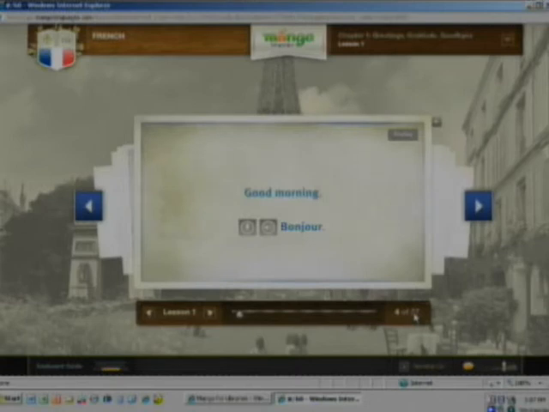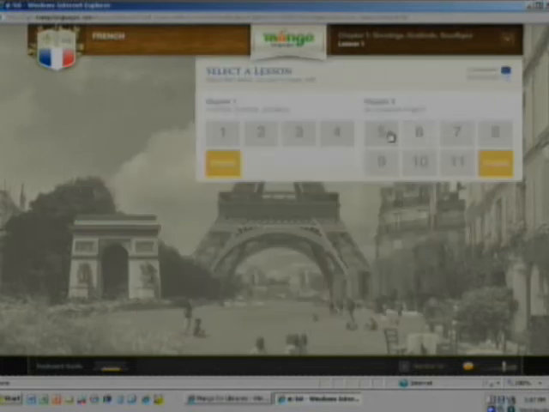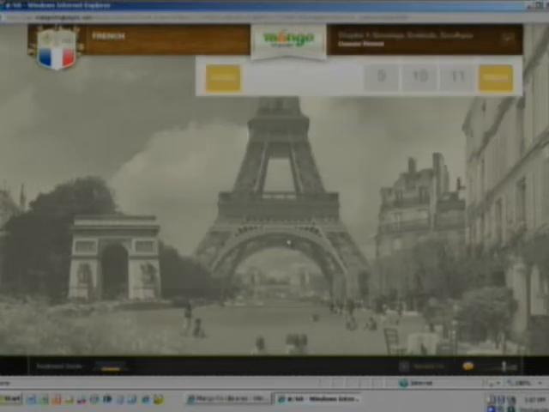It's certainly worth sitting down and taking a closer look at it and having fun with it and turning your speakers on and really getting into the language itself. Up on the top, there's a box that drops down and lets you get back to the various chapters and then the lessons within each chapter. And then at the bottom of each is a review.